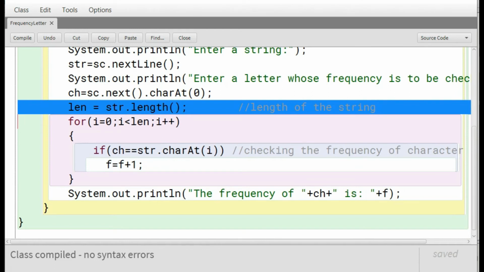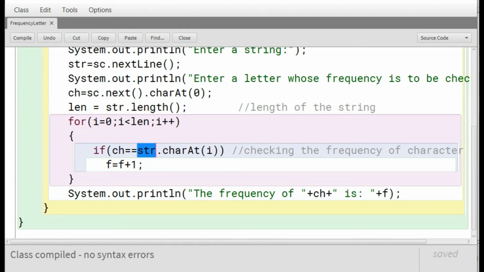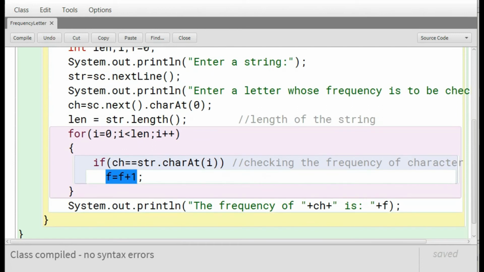Inside the for loop we are first extracting each and every character at index i, and we are checking whether the character is equal to the letter that we have taken as input, ch. If it is equal to ch, then obviously the variable f, which we have already set equal to 0, will store the frequency of the letter. The variable f will be incremented by 1.